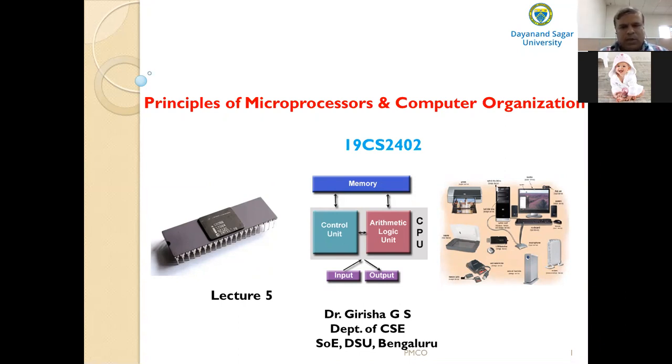So what is the address bus? The address bus carries the address to the memory or input or output unit. The address bus is unidirectional. That means it can be supplied by the central processing unit or the microprocessor only; the reverse is not true. The width of the address bus determines the maximum possible available memory on the microprocessor.